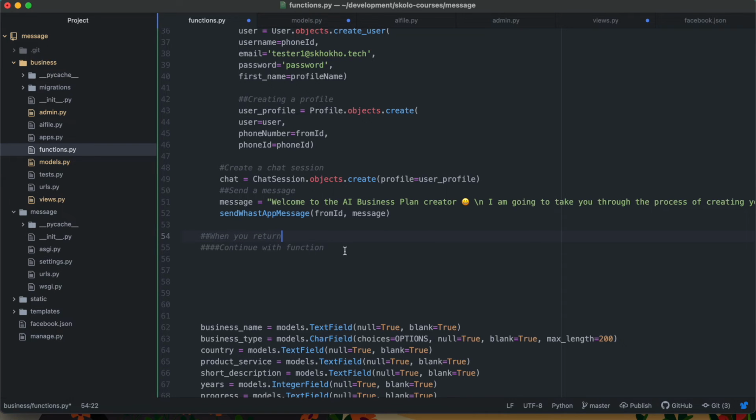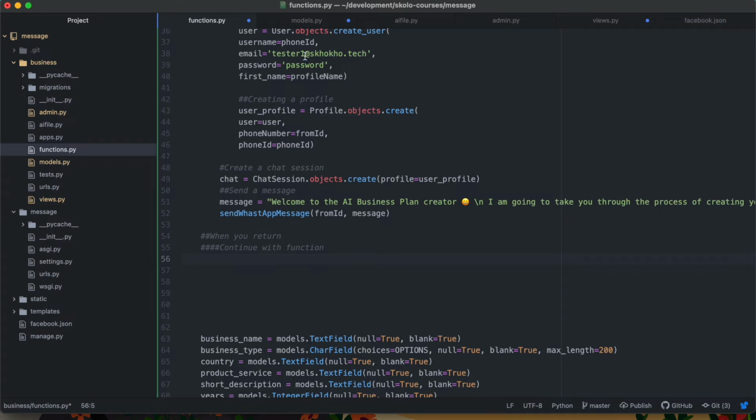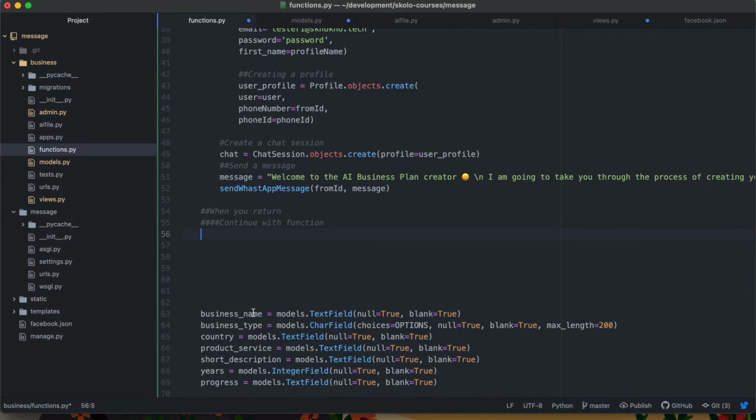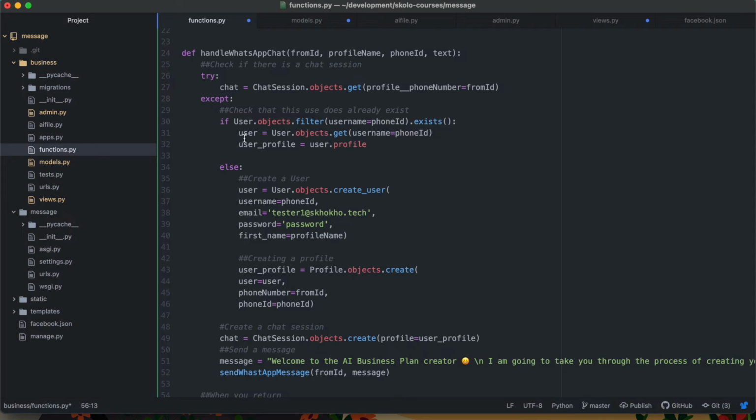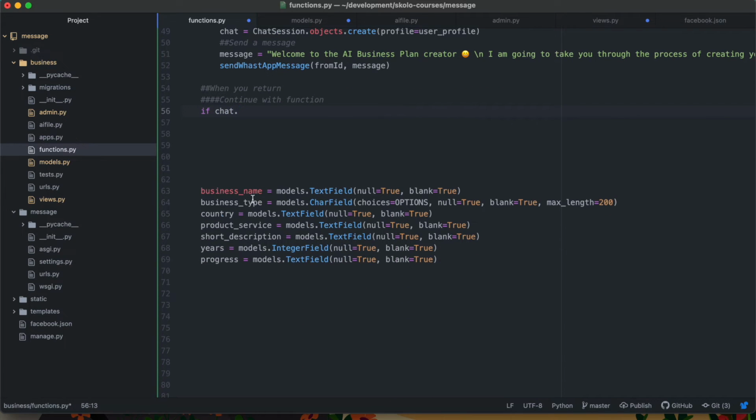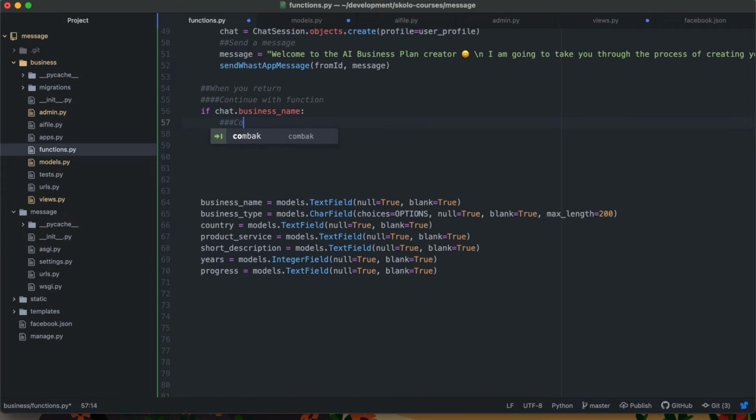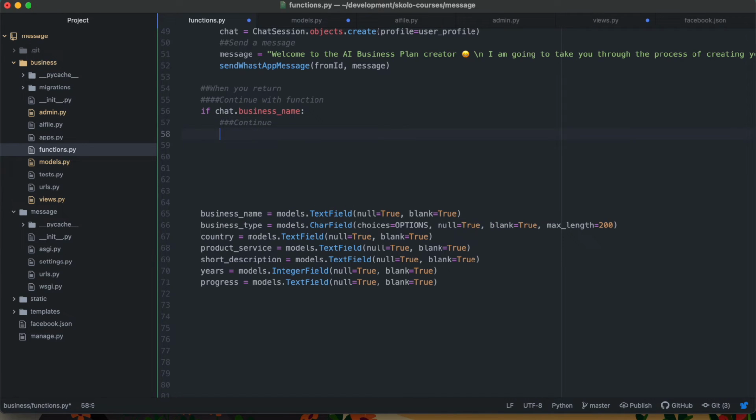The chat already exists. What we're going to do now is start to follow all of these other things. So we're going to check if chat dot... So this chat exists. Either it was created there or it was fetched over there. We're going to check if chat dot business name exists, because initially it would have been blank. If chat dot business name exists, we continue. If it does not exist,